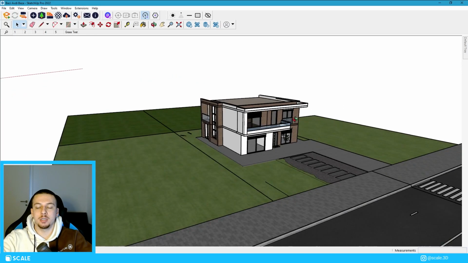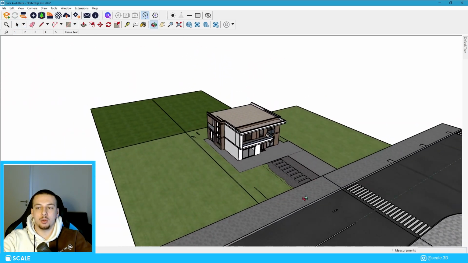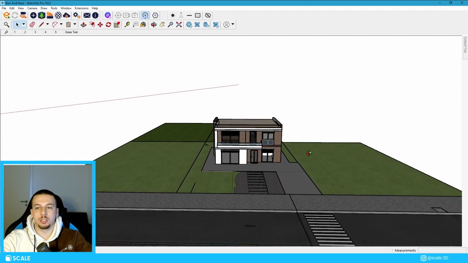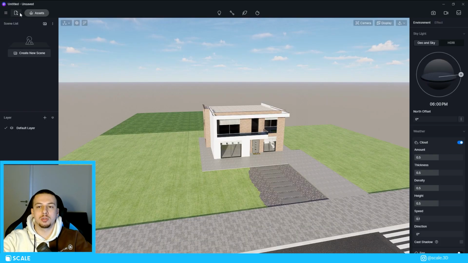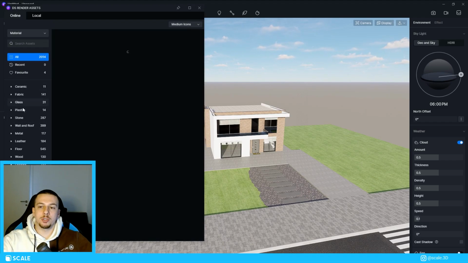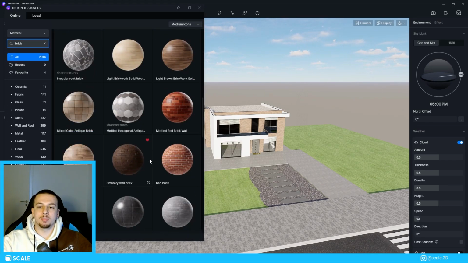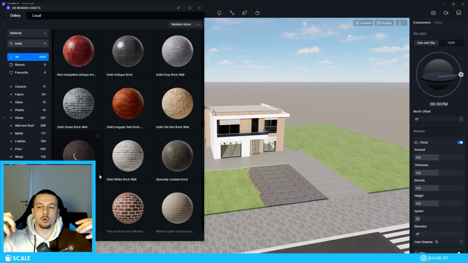Alright, so what we have here is a house that was modeled previously in one of my projects that I did with another rendering engine. And I just made sure to live sync it with D5. So the first thing that I'm going to do is apply materials and configure them for appropriate